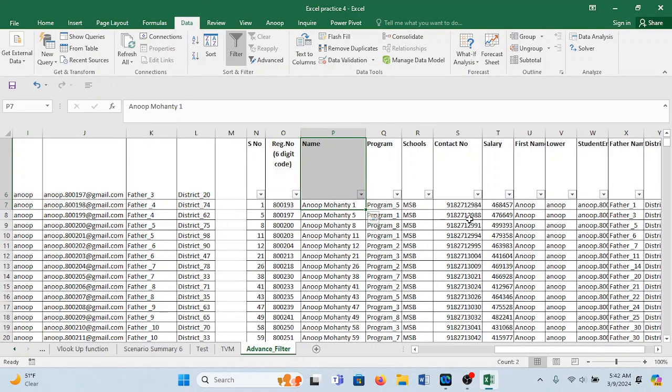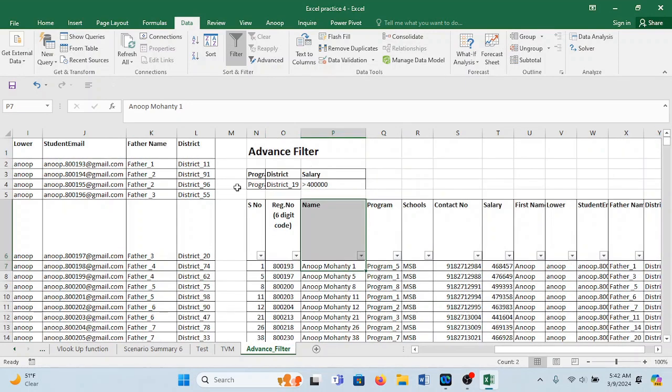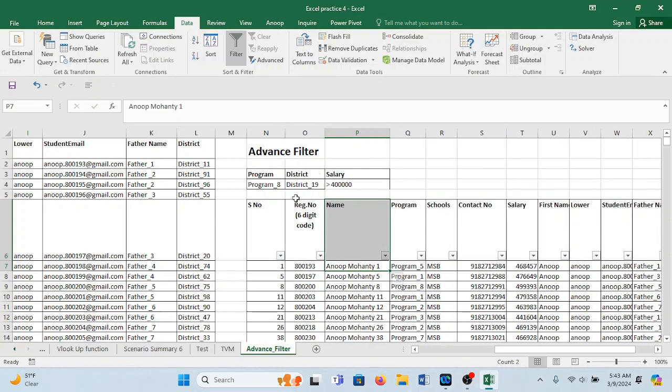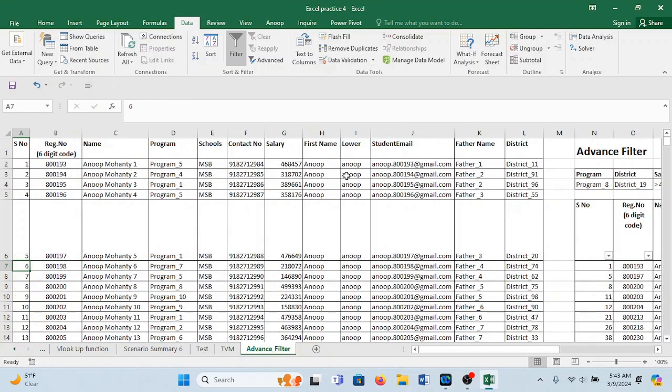Hope this is clear. So what we have done is an advanced filter using certain well-defined criteria. You can use one criterion at a time, or you can use multiple criteria simultaneously. So you see ultimately you're going to get your output. With this